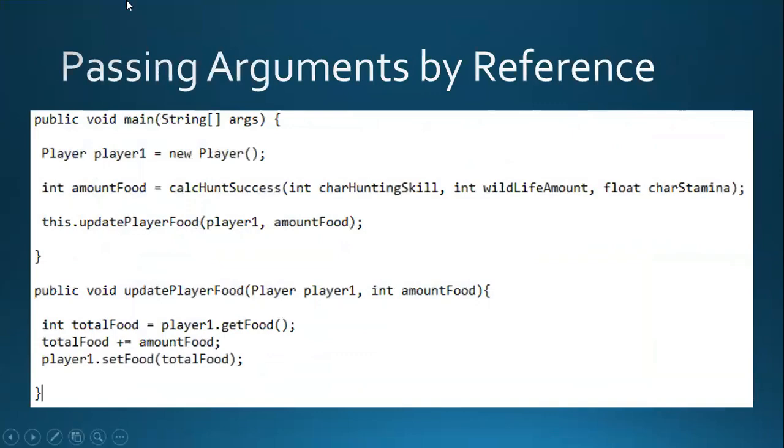Lastly, you can pass arguments by reference. So say I want to take that last example with the amount food, and let's say we called that same control function, which is calc hunt success, and we stored it in that variable amount food. Now let's say we want to update the player's amount food based on the hunt that they just did. So we would make a new player instance called player 1, and then we would pass this player 1 instance